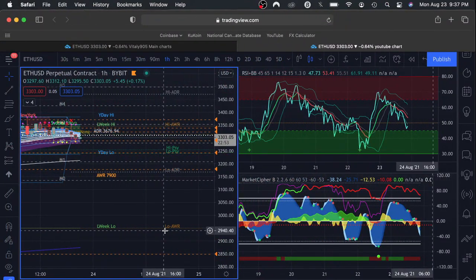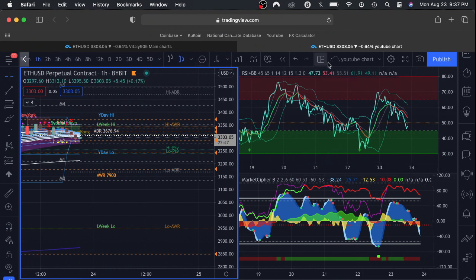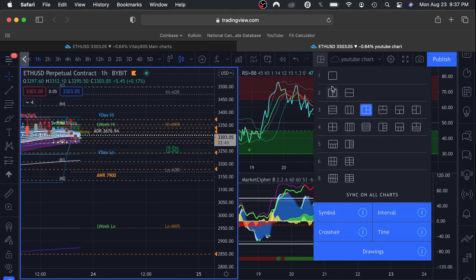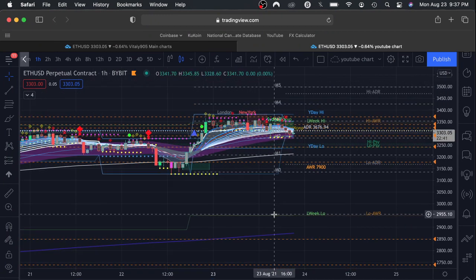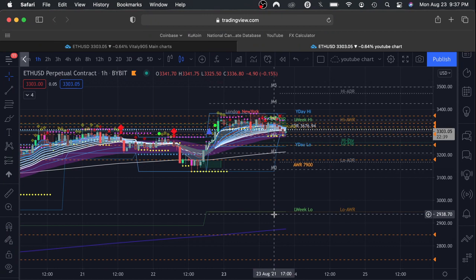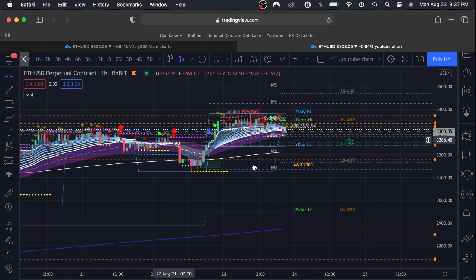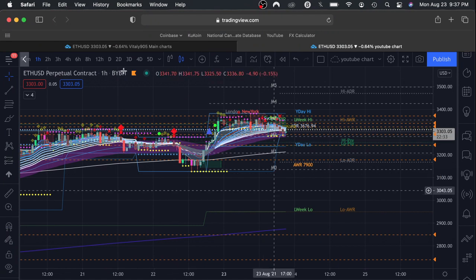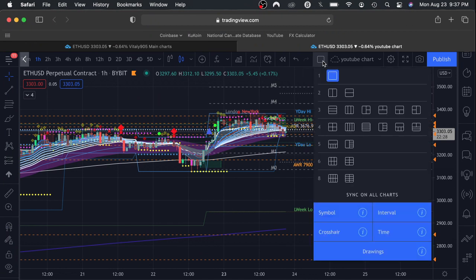Okay, guys, a lot of people have been asking me how I set up my charts and everything, what settings I use and whatnot. So I'm going to go over that. I'm going to start with a fresh chart with all the indicators at their default settings. So there's a fresh chart, and the first thing I do is select layout, and I was using